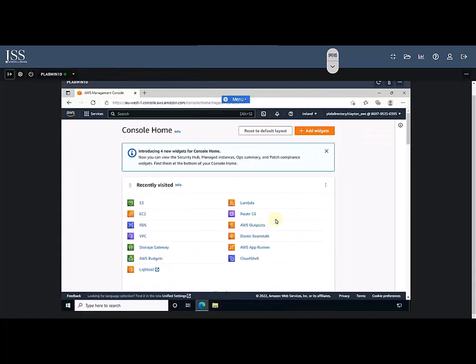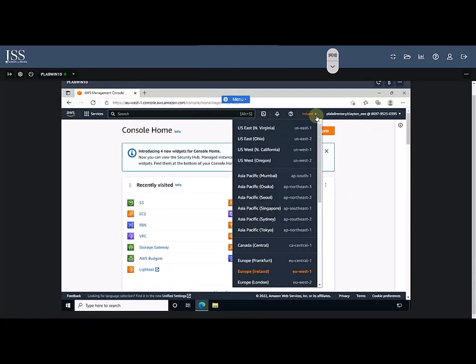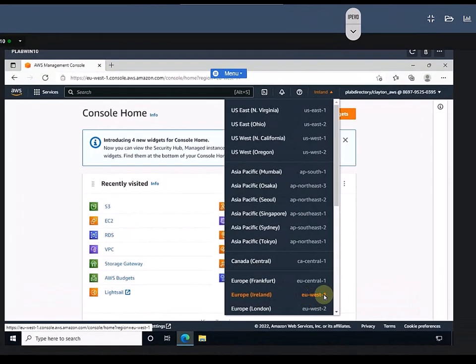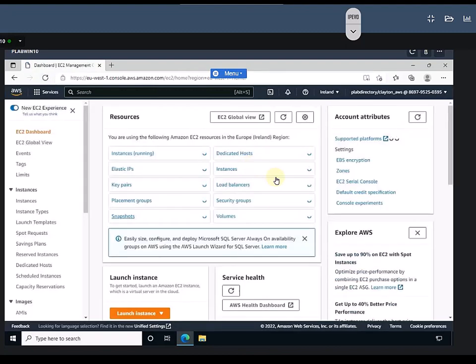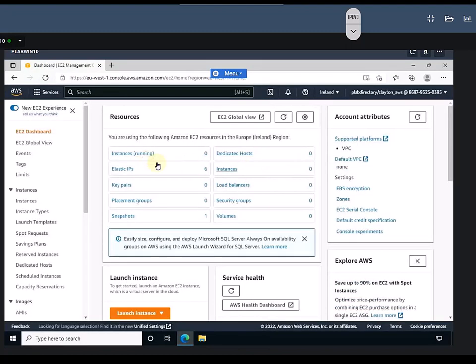So here we are in the Ireland region, by the way. As you can see, I'm in the Europe Ireland EU West 1 region. And if I want to check how many zones Ireland has, what I need to do is go into EC2, just click on EC2. Okay, so currently it is saying